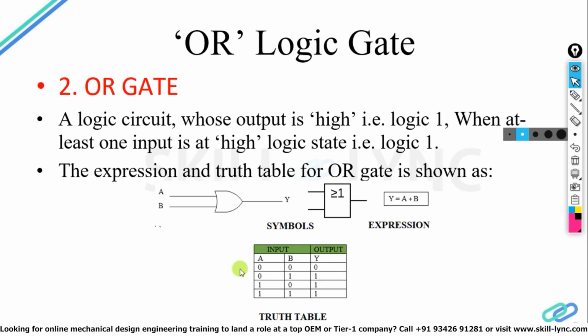The OR logic gate is that logic gate or logic circuit whose output is high, when I say output is high, I mean it is at logic 1, logic 1 means at 5 volts, when at least one input is high. It will be at logic 0 when both the inputs are at level 0. The Boolean expression for the logic OR gate is logical addition, which is denoted by the sign plus.